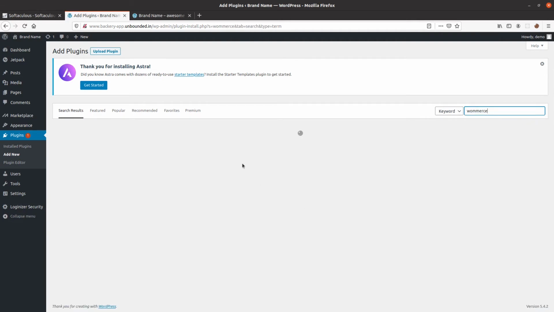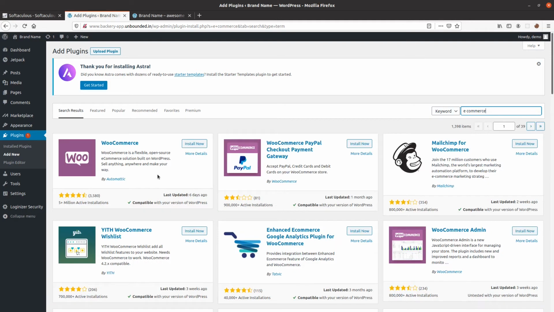WooCommerce is a plugin that will enable all the features that we want for an e-commerce website. Or you can search for e-commerce if WooCommerce is not showing any result. We'll go ahead and install this plugin by WooCommerce, which has 5 million active installations. So just go ahead and install this plugin.